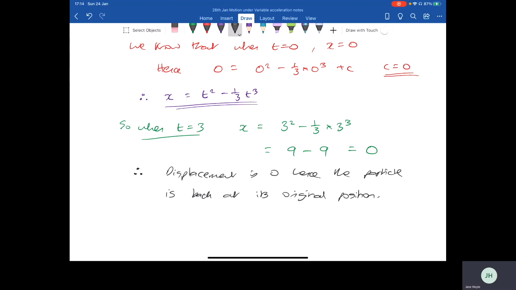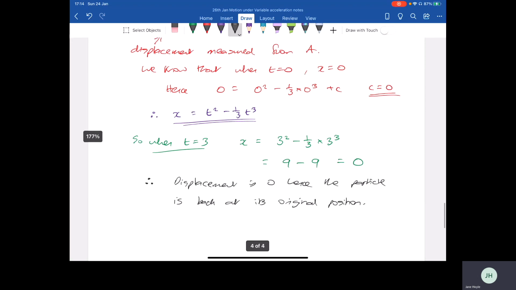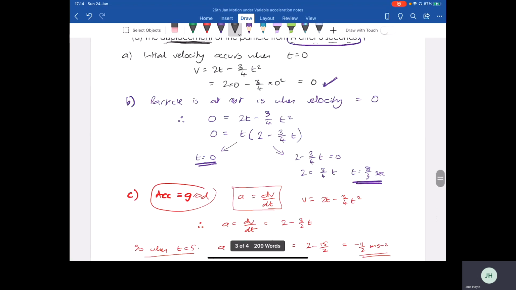So displacement is equal to 0. You might also be asked to find the distance travelled, but we should talk about that more next week. Of course, what I want you to practice today is very much basic questions where you're just